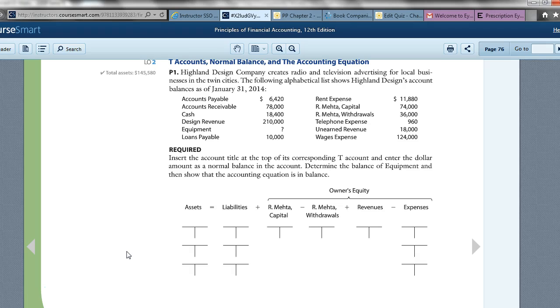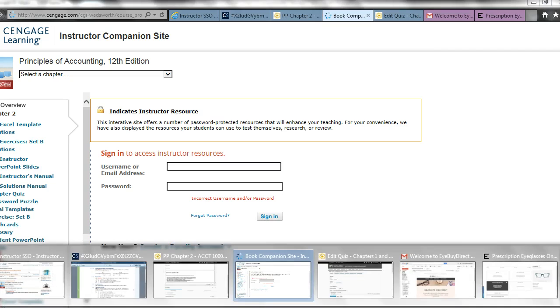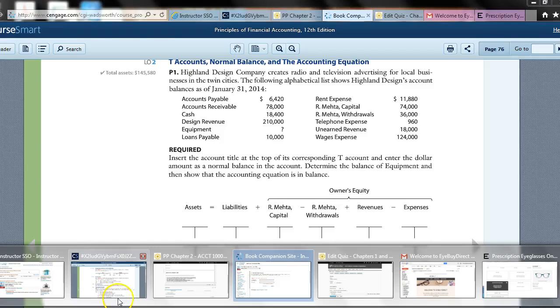It does break it down. So we know there are 3 asset accounts. What are the 3 asset accounts? Cash, accounts receivable, perfect. Cash, accounts receivable, and equipment. And so what we're going to do